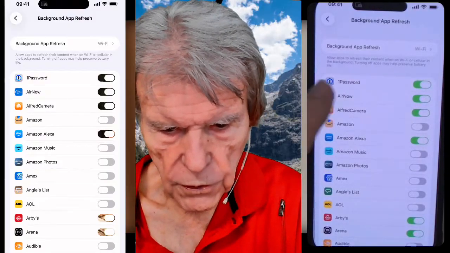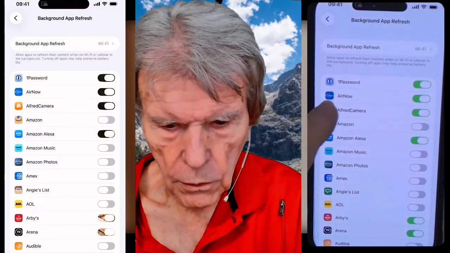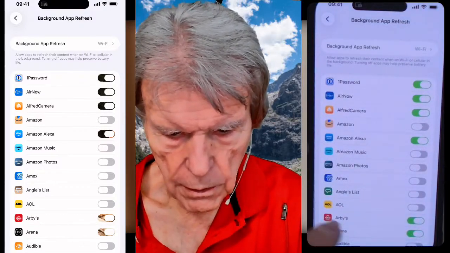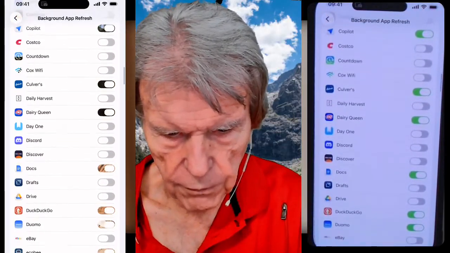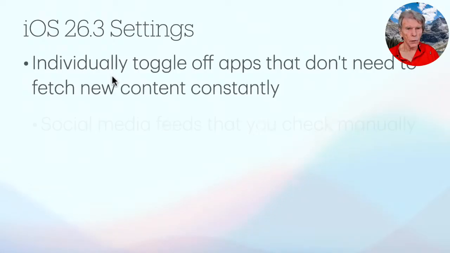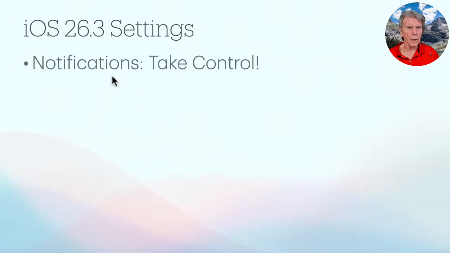So this Air Now is an air quality app. And so I like to be notified immediately if the air quality is bad. But you can see I have different settings here for different apps as we go down through there. So you want to toggle off the apps that really don't need to fetch new content constantly. Social media apps is a good example of where you can turn them off so that they don't update until you actually turn them on again. So let's take